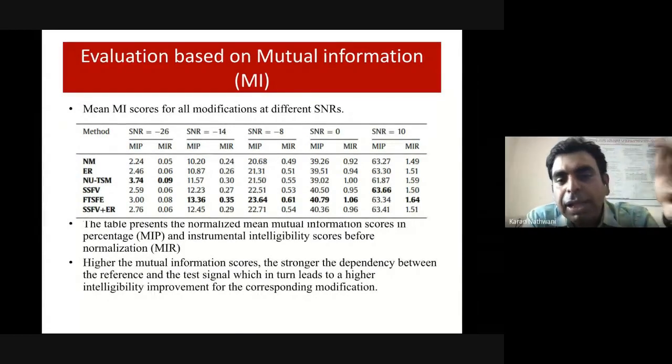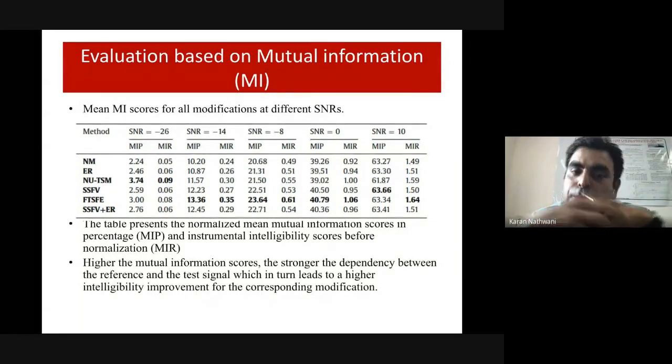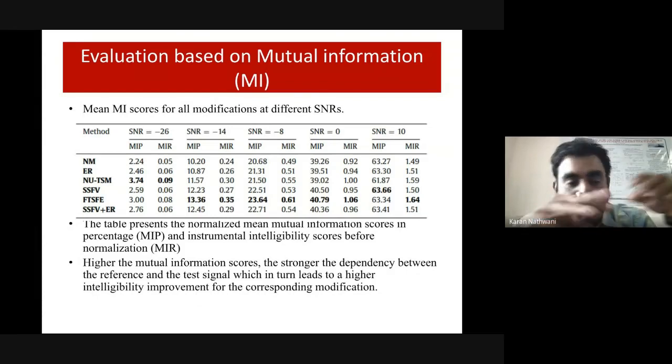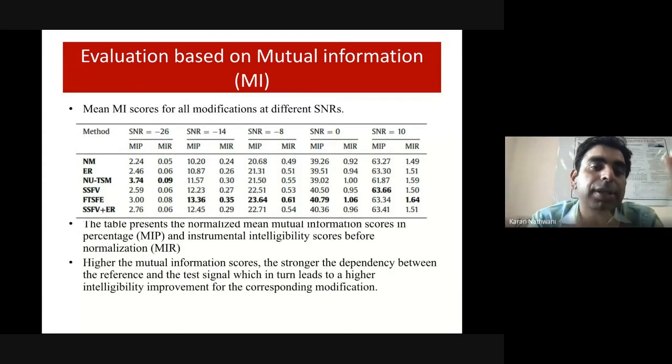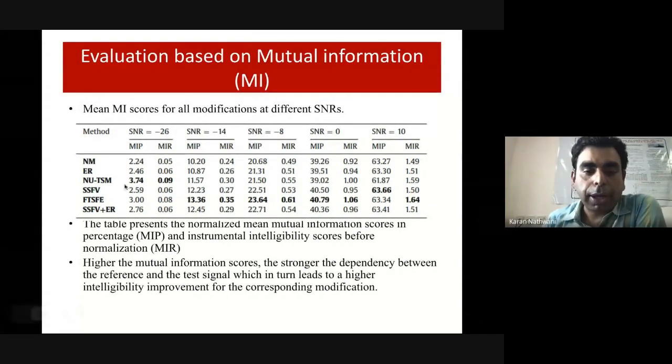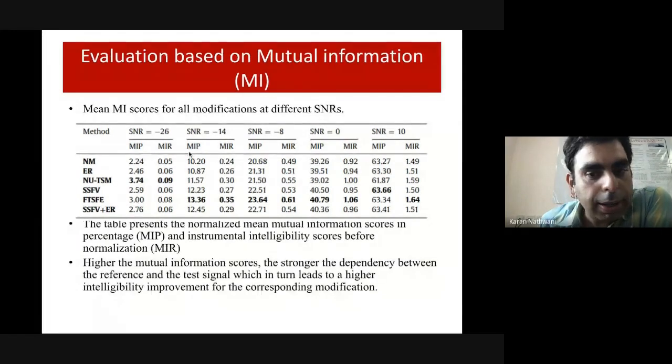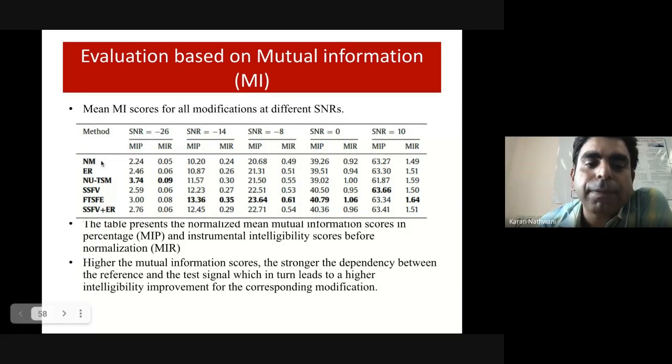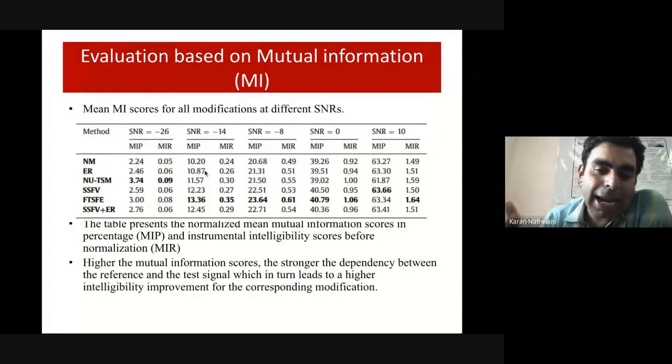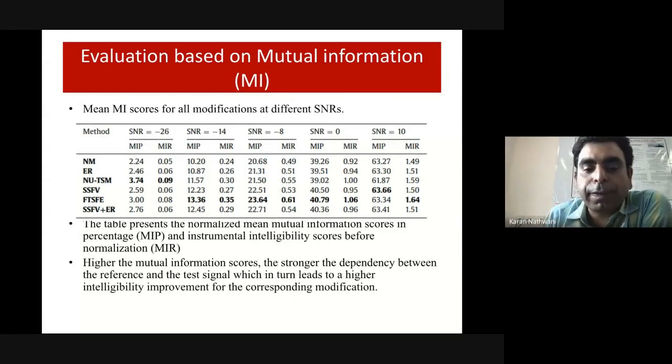So this is another very important aspect. You may also look into it in future, because people have not touched upon it much at this time: the time scale modification. Okay. Now again we observe a similar observation: if you increase the SNR, the scores come out approximately the same for no modification and for other modifications. It says that you do not need to modify when you are working at very high SNRs.